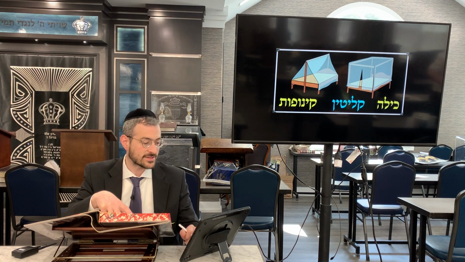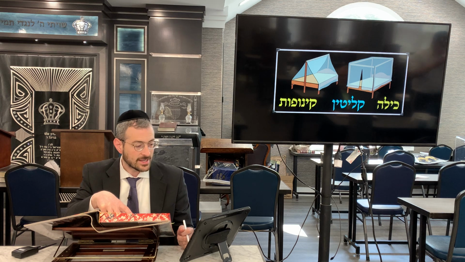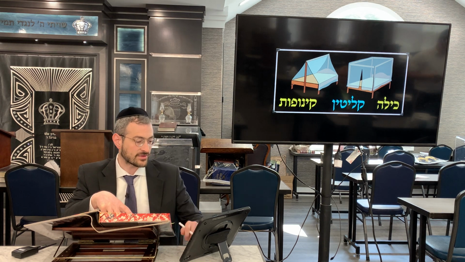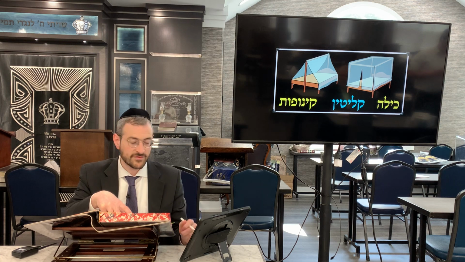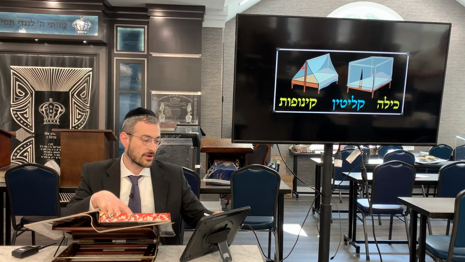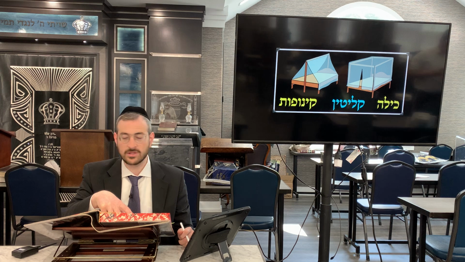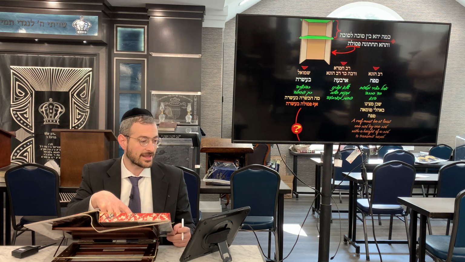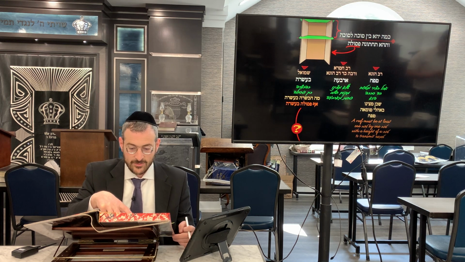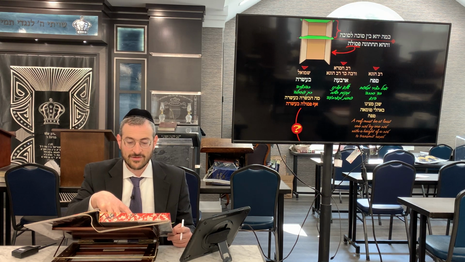Kila, Kleet, Kinaifis, these are going to be different types of canopy beds, and there's going to be a significant difference regarding if it's like a kila, which is like 4 posts, which is therefore you have a roof, or that of like Kleeton, which only has 2 posts, which therefore you don't really have a roof of a tefach, it's on a slant, and that's going to have a significance around the halachas of that type of a bed inside the sukkah. So begin the current Daf Yud, 9 lines down.